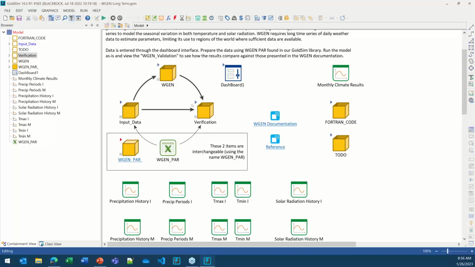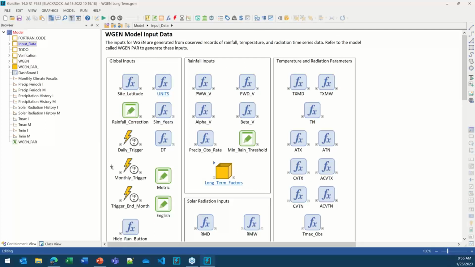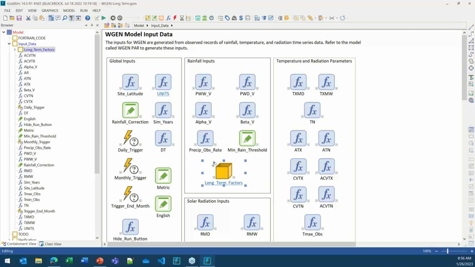But anyway, the difference in this model, if you're familiar with WGEN, all of this would look familiar to you. This is the input data. Well, except for this new change, which is long-term factors. So everything else is the same. These are your 12 probability numbers I was talking about. And then if you go into long-term factors,